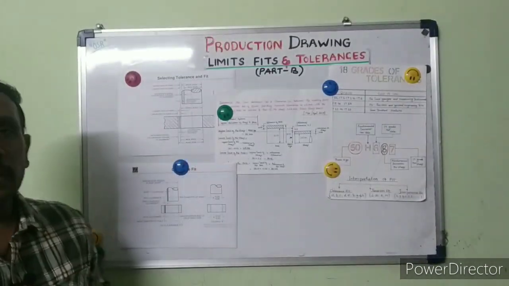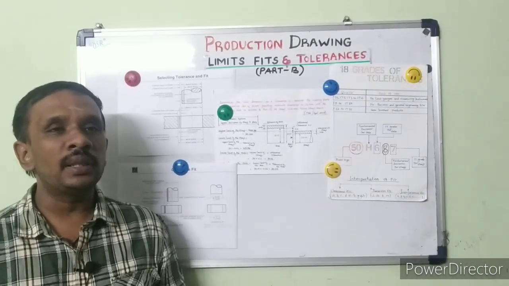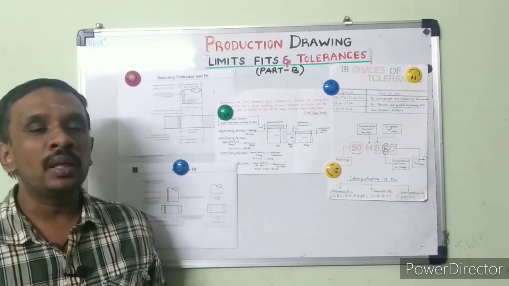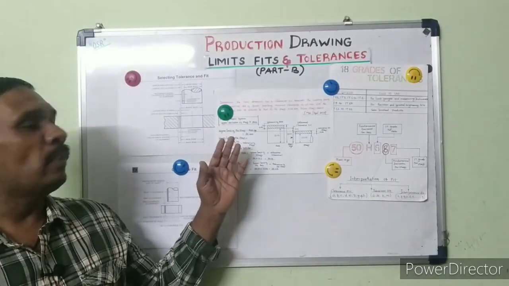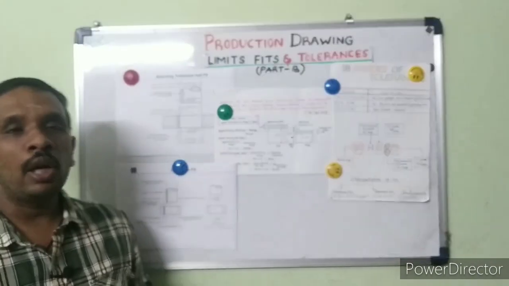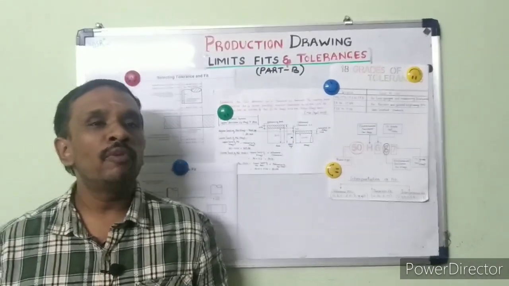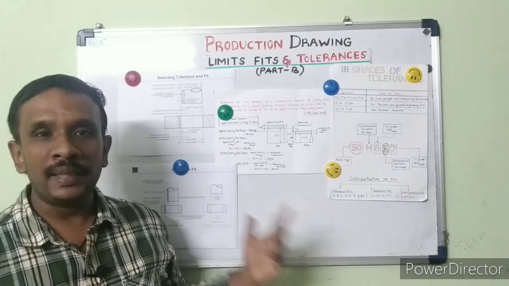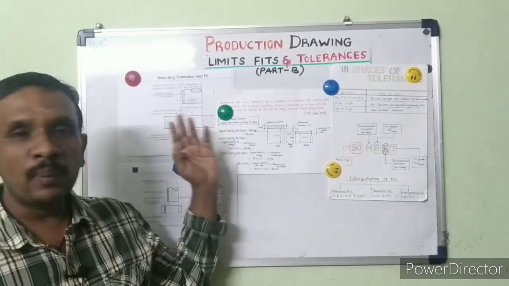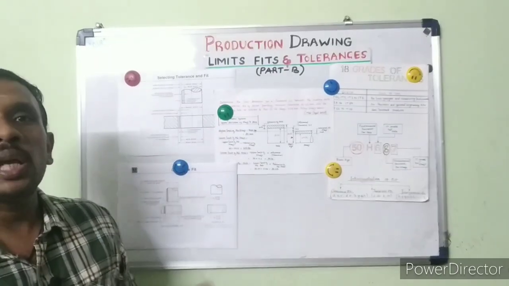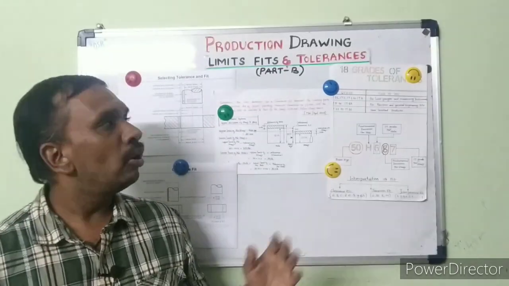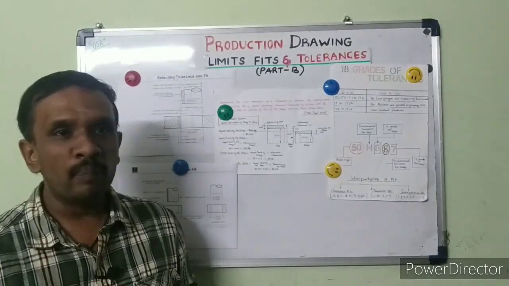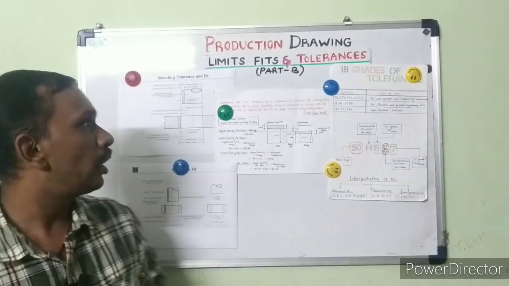So what is production drawing? Indeed, the production drawing is nothing but a component drawing, a part drawing, which can be produced on the shop floor, and it is an authorized document. Like, if you want to take an automobile on a road, we want an authorized document like a license. So these are the production drawings, the approved drawings which can be produced on the shop floor, and which will be useful in the production or assembly of any component, etc.